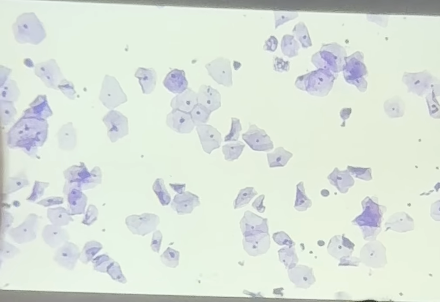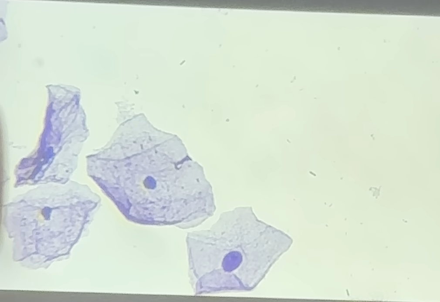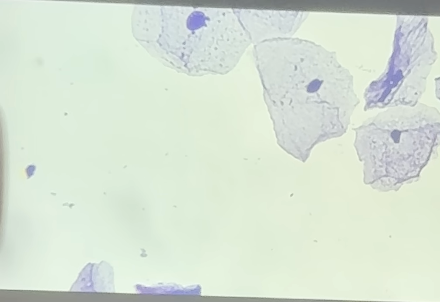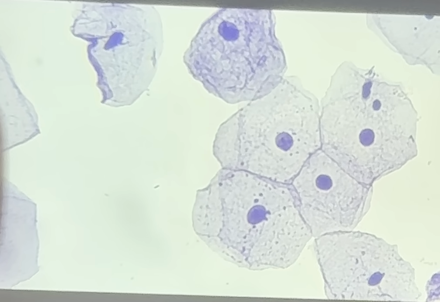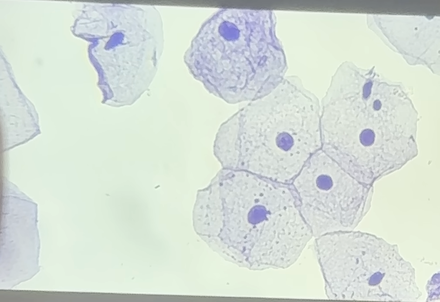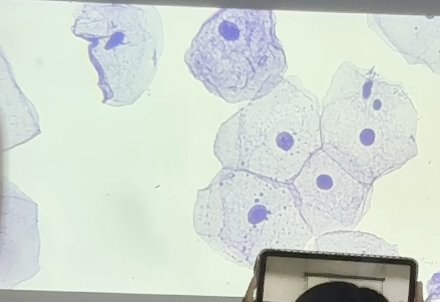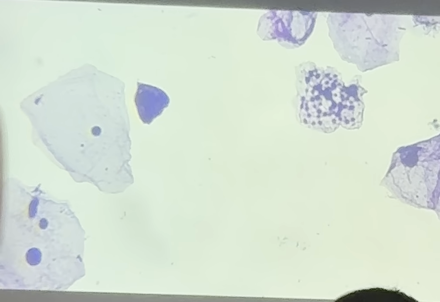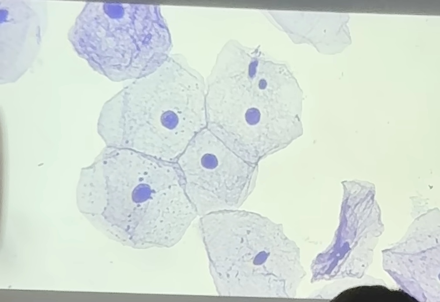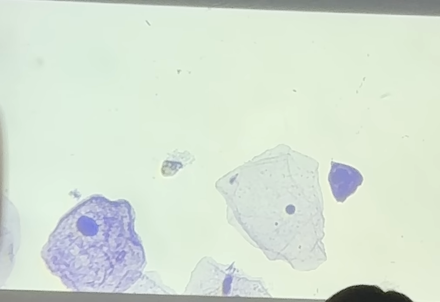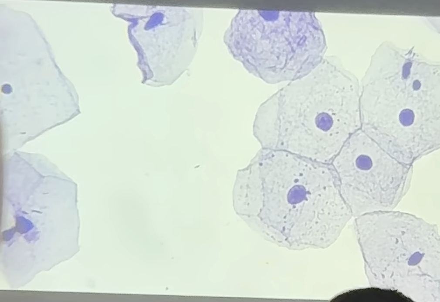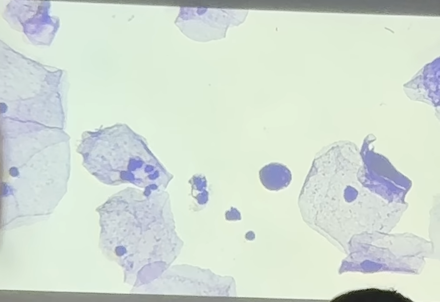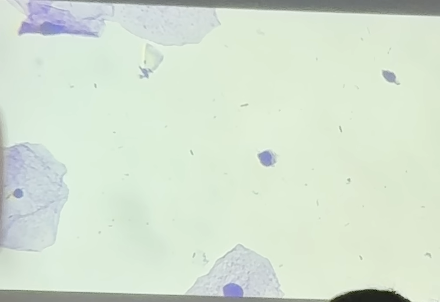So yeah, this is just a normal pap smear. This is a liquid base or the SurePath. Very nice, uniform. These are mostly your squamous cells. If you want to be specific, they're the intermediate cells, not yet superficial. This one's the superficial, this one's the intermediate. It has a smaller nucleus. You don't need to know that. So yeah. Oh, we see also here